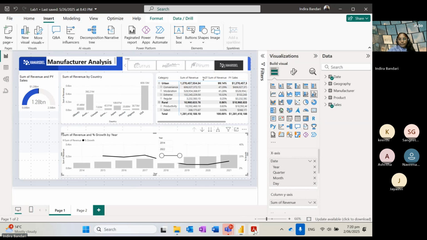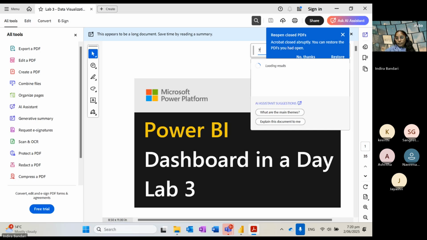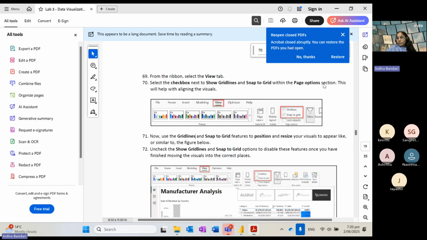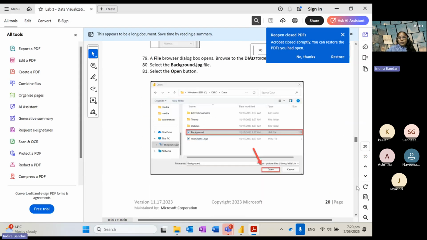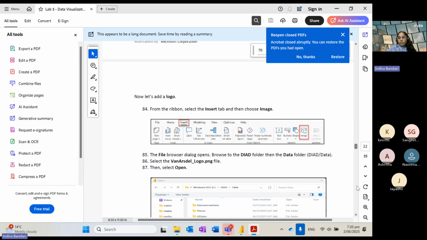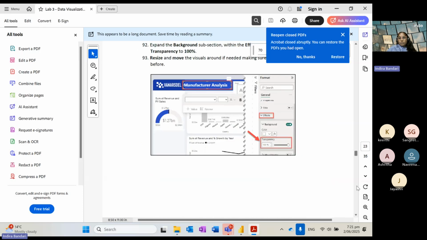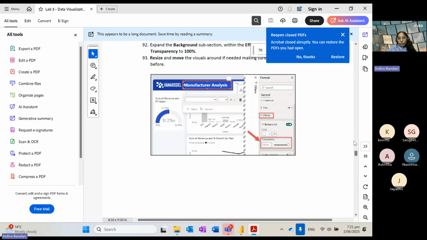Okay, so we have seen that, and we have changed. You have to change the name to manufacturer. All this is done. Logo, we have included the logo, right? So now, oh okay, we have to do something for the text. Text also, I think we need to